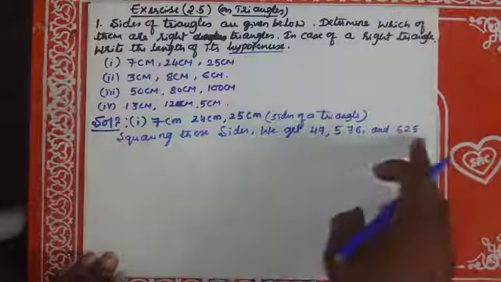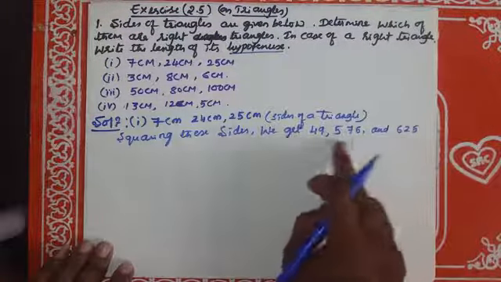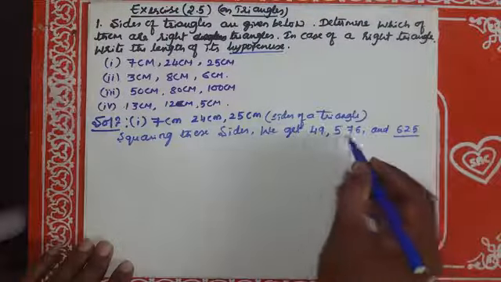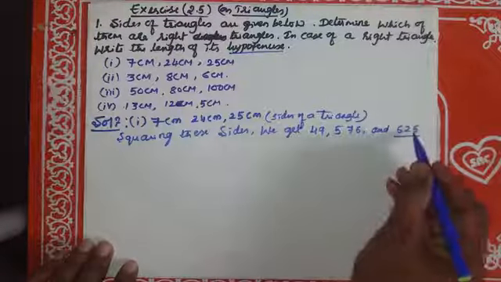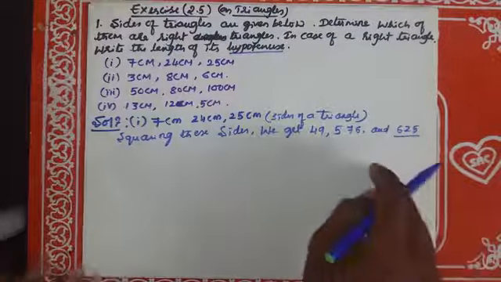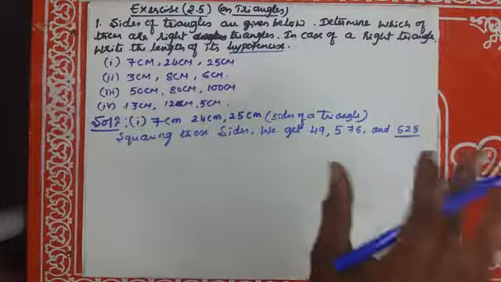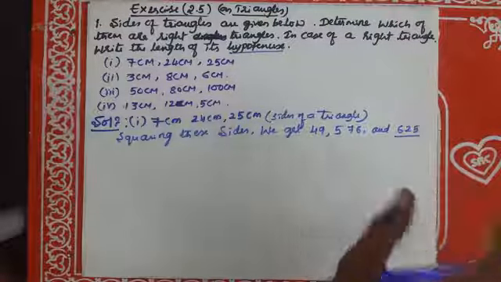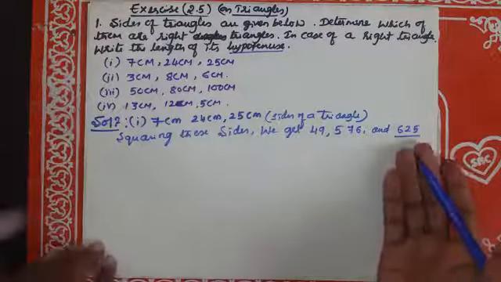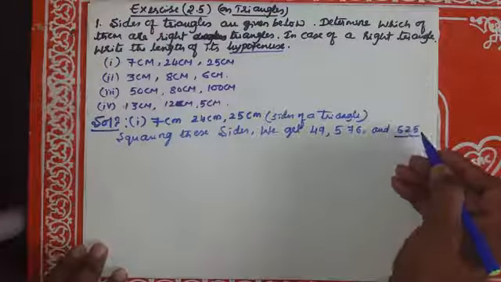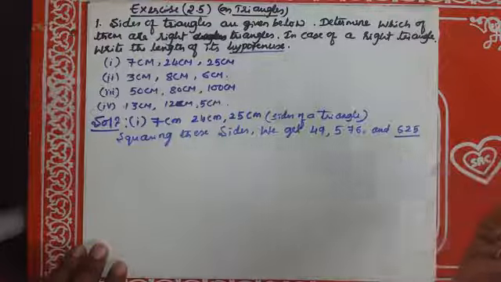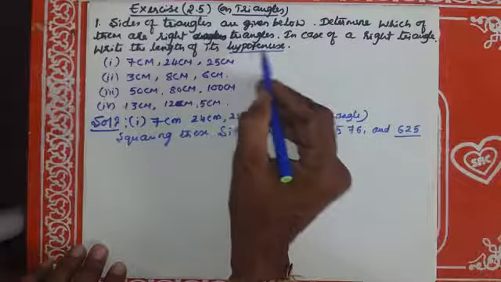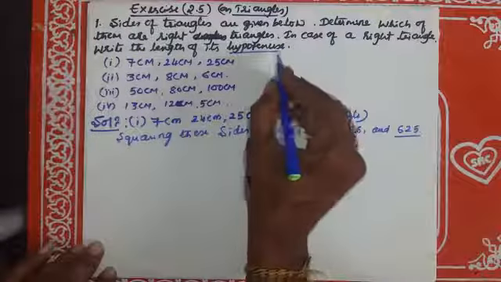Dear students, look at the squares of these sides. Which is the longest side here? 625. And if we add the remaining two, we should get 625. Then only can we say that this is satisfied. These sides satisfy the Pythagoras triplet. Hence, these are sides of a right angle triangle. And the longest side is 625, the square of 25. Therefore, 25 centimeter is the length of the longest side, or hypotenuse. The longest side is called the hypotenuse.